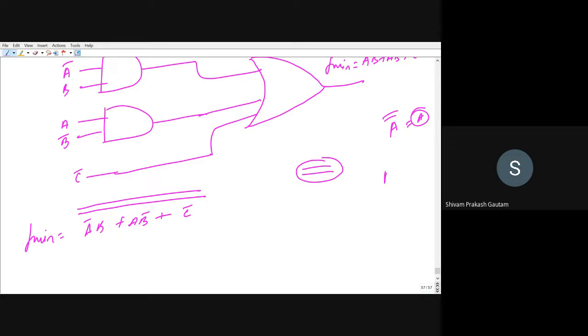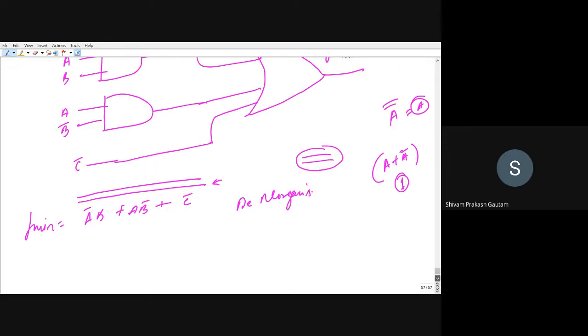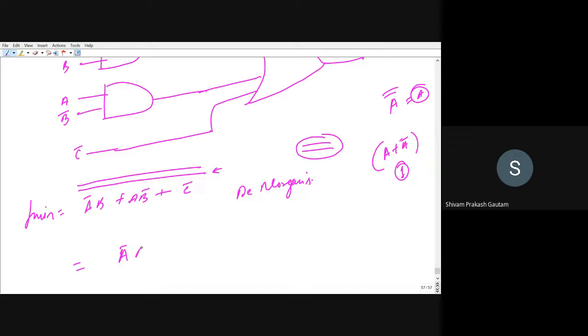Like in Boolean algebra, what you have seen somewhere, for some example you have added A plus A bar just to reduce it. A plus A bar gives what? 1. So that is why you can use double complement here. Now see the lower complement and use De Morgan's theorem. So I can rewrite that expression as A bar B whole bar. This sum will be replaced by multiplication. AB bar whole bar dot C bar whole bar.